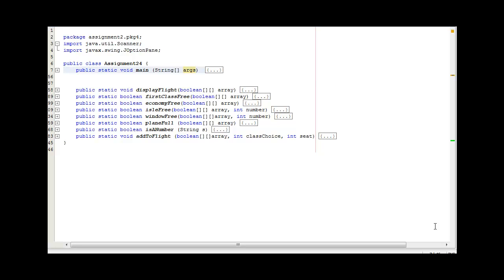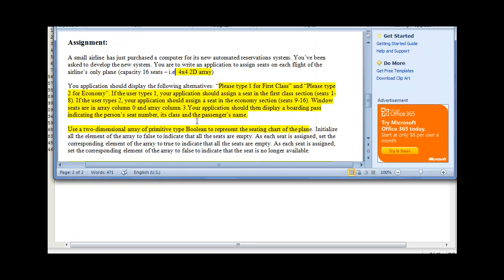Today I'm going to be going over my second assignment in my programming course. Now, this assignment, what I'm supposed to do is make an application for them to choose a flight for first class or economy, for